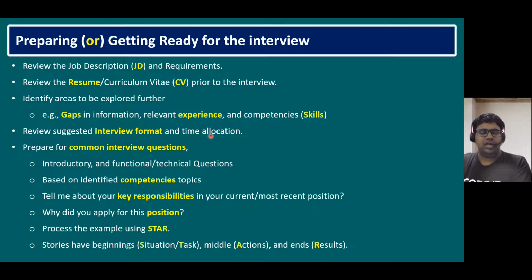Okay, so within the time frame you can prepare some common questions so that it will give you confidence while attending the interviews. And prepare for the common interview questions. These questions are common in every interview. The first question will be like an introductory question, or some may directly start with technical questions,